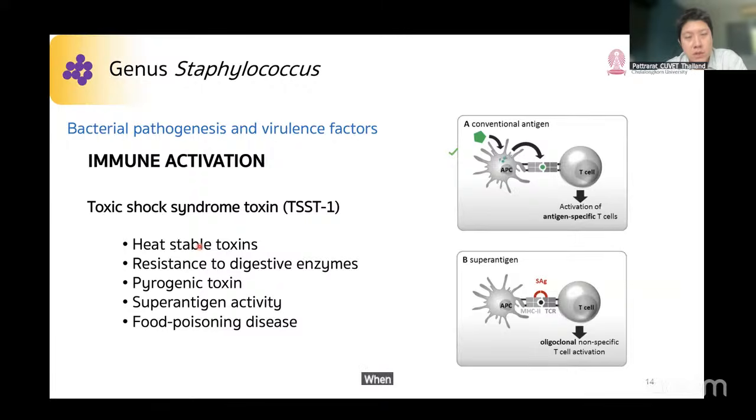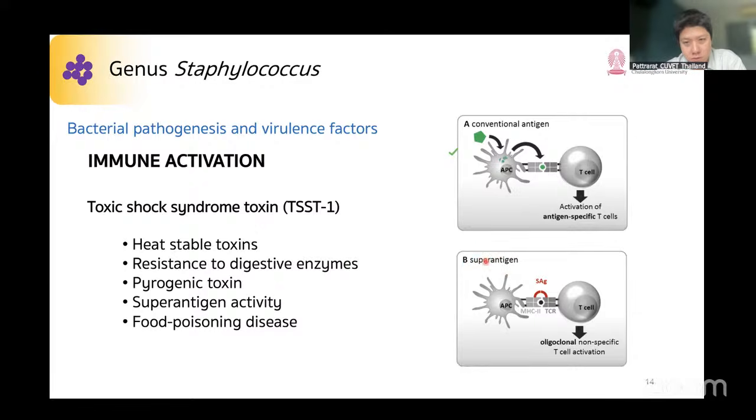When the food is contaminated by Staph aureus or with these toxins and people eat it, the digestive enzymes cannot destroy the toxins. This will be absorbed through the intestinal tract and cause systemic inflammation,